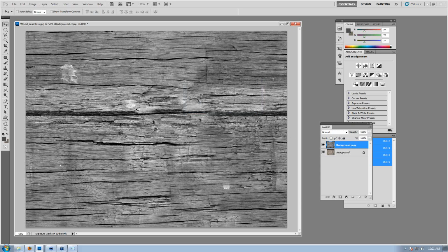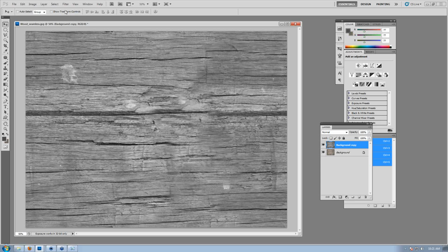Now another thing you can do, if you look here, see this area is almost white, so that'll almost act as a very raised area, which is not necessarily the case. It was actually just some stain or something on the wood that happens to be brighter. So I'll show you one quick technique if you want to just isolate the dark areas to bring those out